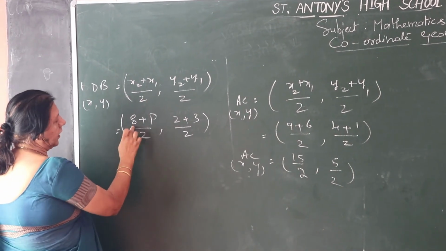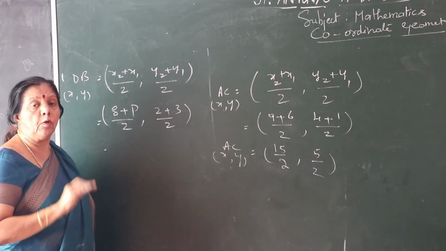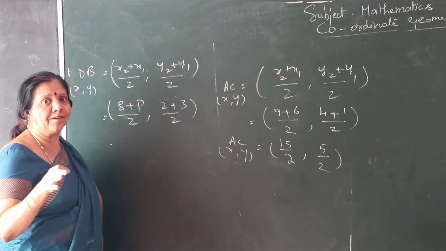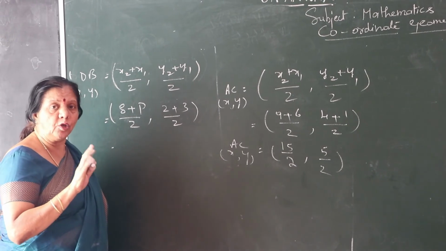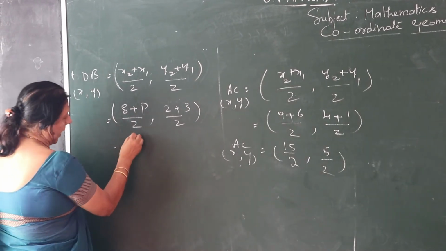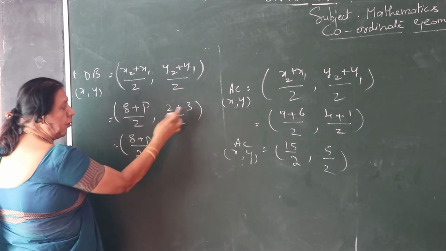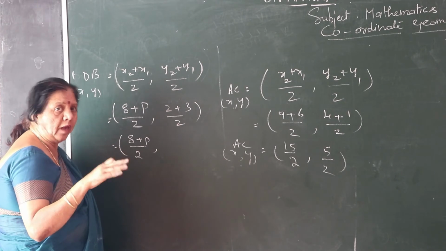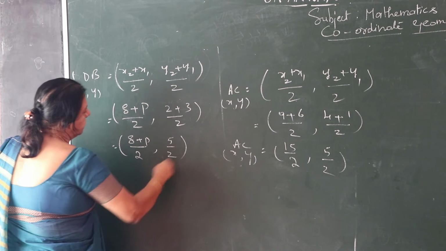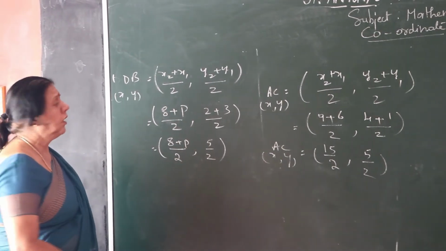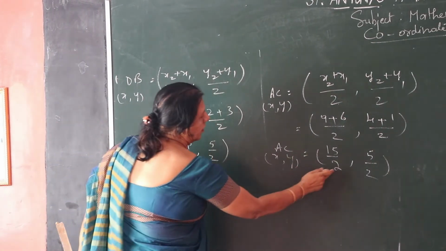Okay. Now we cannot add 8p, because in between, plus is there. 8 plus p is not 8p. Wrong. That is a letter, this is a number. You cannot add it. So as it is, 8 plus p, you write down by 2. So here 2 plus 3, 5, because both are numbers. That is 5 by 2. Follow, children. So here what is x? This is x, this is y. This is x, this is y.